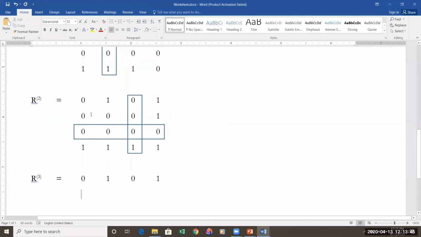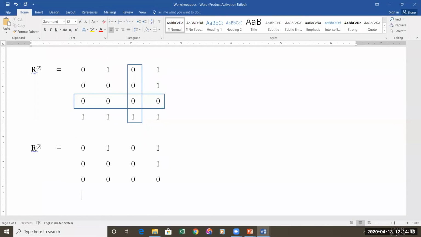There is a 0 in the previous step. If there is a 0, check the corresponding row and column. There is 0, therefore the value is 0. The previous matrix contains 0, and the corresponding column and row also contain 0. Therefore it is 0. It is within the box, so directly write 0. There is a 1 in the previous step. Directly write 1. No changes. The third row is within the box, so you can directly write all the values within the box to the next step.